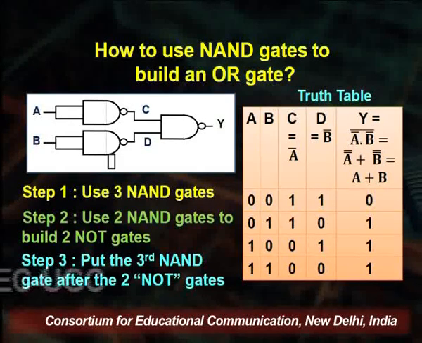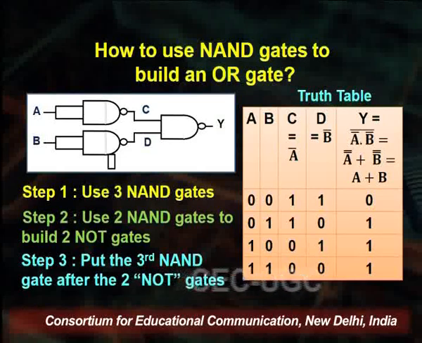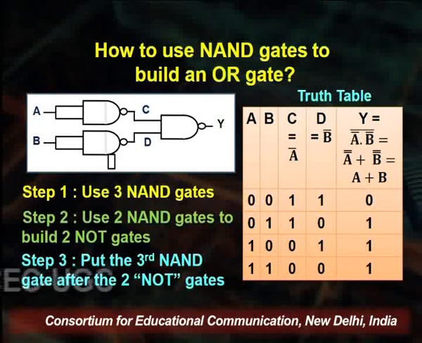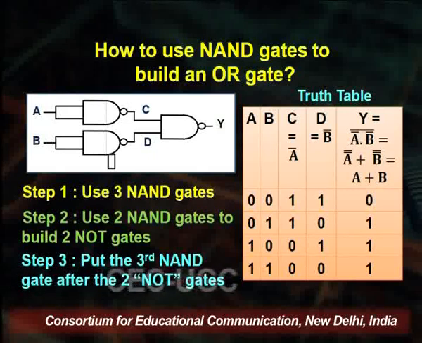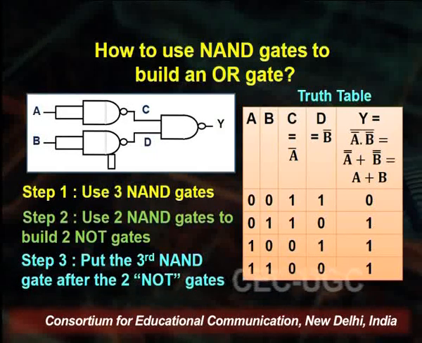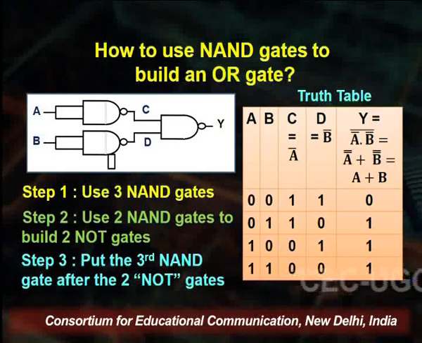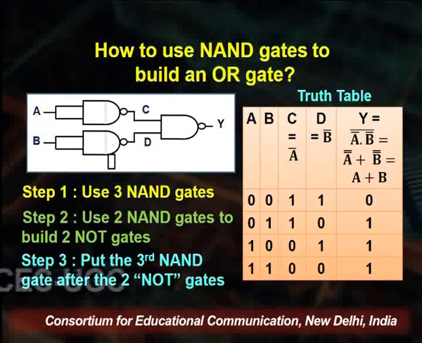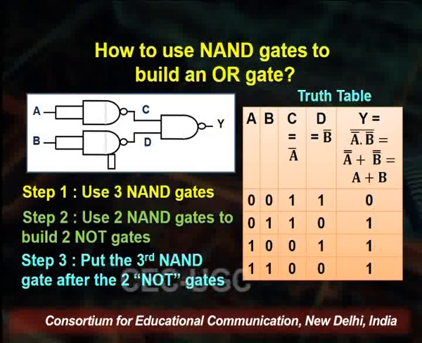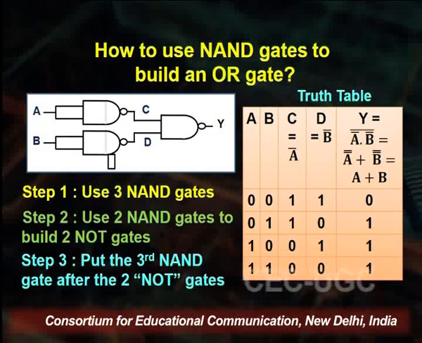So, in this way we found that a NAND gate could be configured to realize a NOT gate first, and using the NOT gates with NAND gates, we could see that they can mimic the functioning of an AND gate and the realization of an OR gate. So, NAND gates can safely be interpreted as a universal gate.